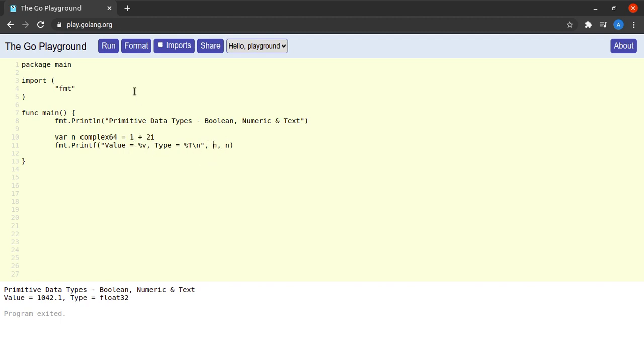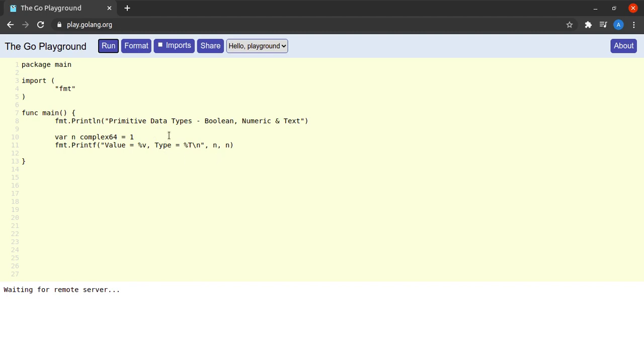So if we try to print the value and type of n, we see that the value is 1 + 2i and the type is complex64. Now suppose I get rid of the real part and try to print this. I see the value is 0 + 2i. And what if I got rid of the imaginary part?